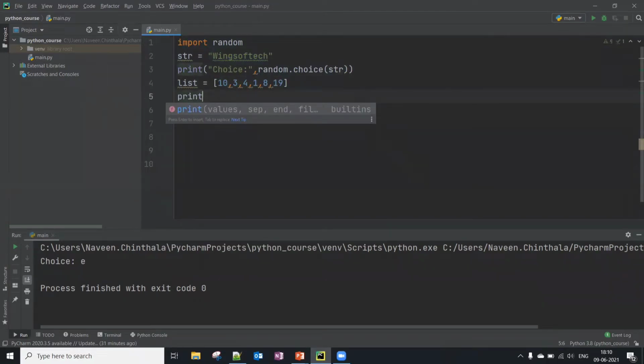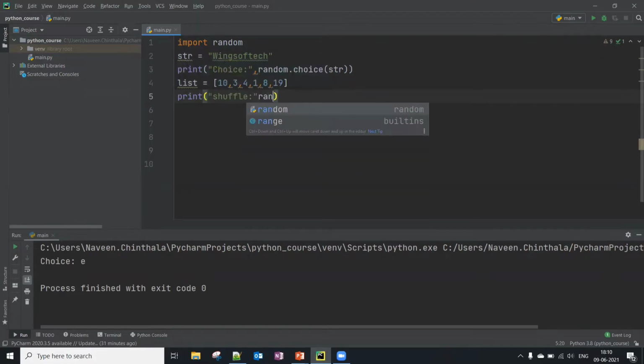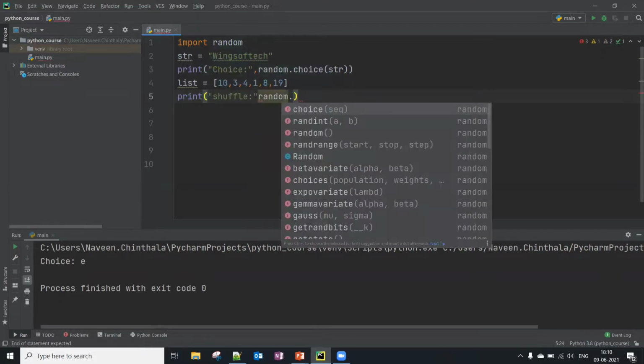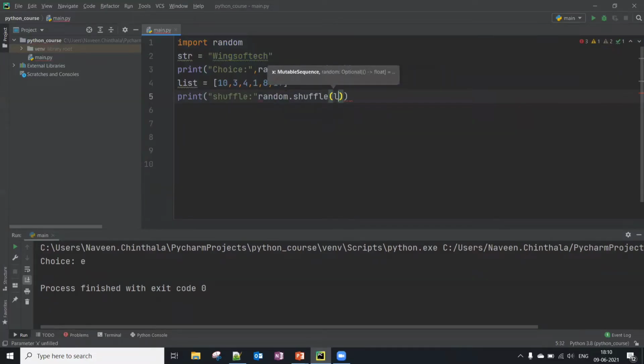And now just try to shuffle that list. Okay, random dot shuffle list.